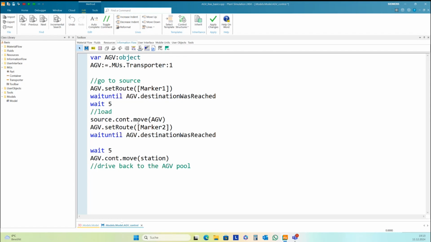And again, it's set route. And here the route consists of 2 elements, marker 3 and HEV pool. And then I wait until the movement is finished and I start again.